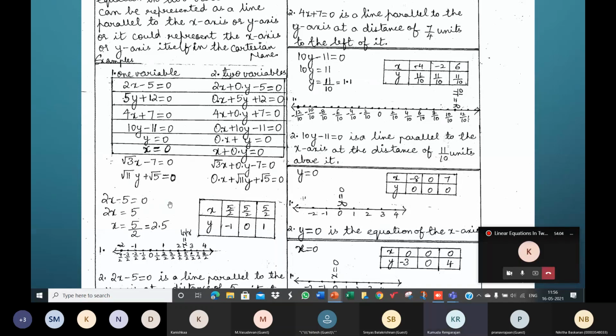So we are talking about this example. On solving this, we get 5 by 2. Geometrically, it is a point on the number line. Show the number line and show the divisions like this. Denominator is 2, so we choose to write it like this: 1 by 2, 2 by 2. We always start with 1.